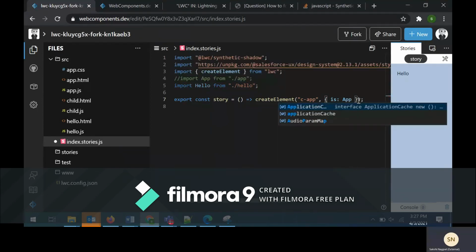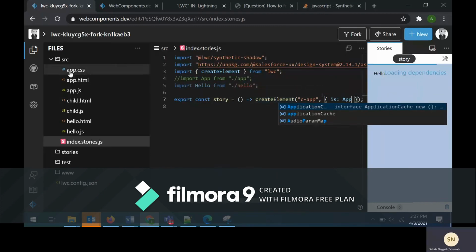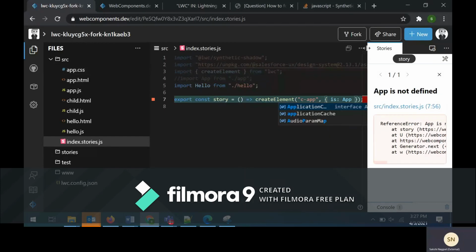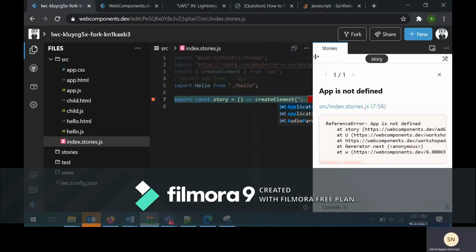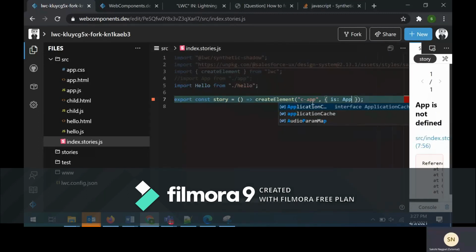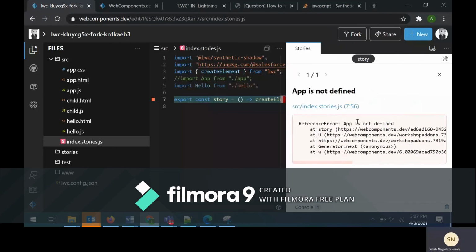app, and I'll save it. Now as you see, I want to create the app Lightning Web Component dynamically and show it here. Okay, it is saying that app is not defined.